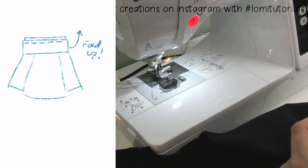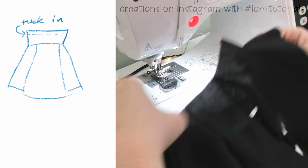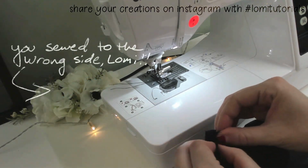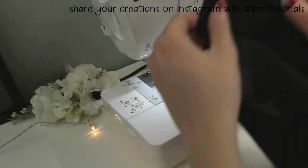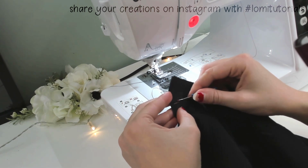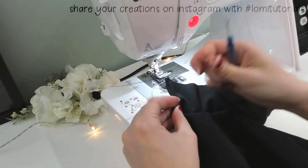It's so fast and easy that because I was paying attention to the podcast I was listening to and not what I was doing, I totally messed it up and accidentally ended up sewing it on wrong side out. It happens. It happens to the best of us and also to me. So the method I was going to do didn't work and I ended up having to pick the side seams for the collar out so I could attach it the more traditional way,